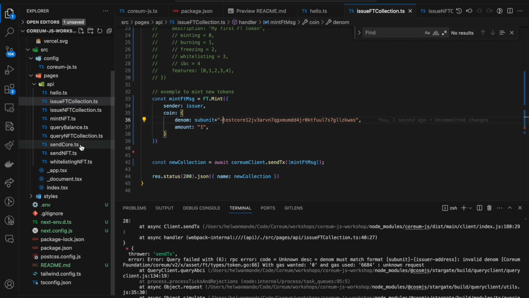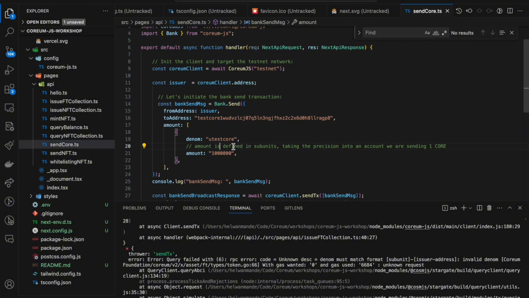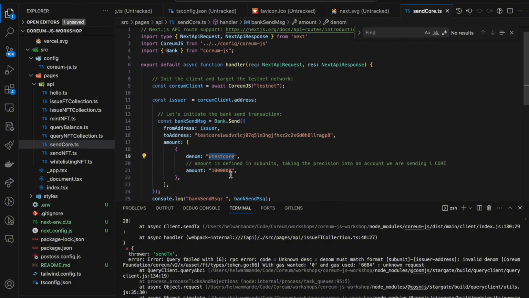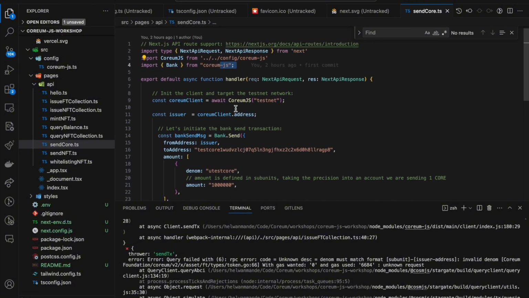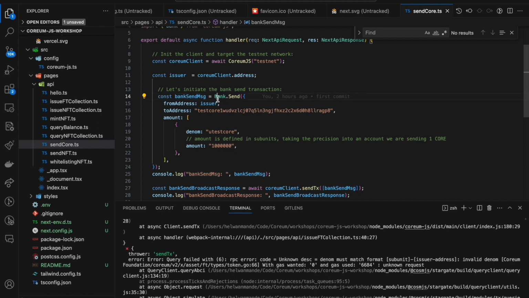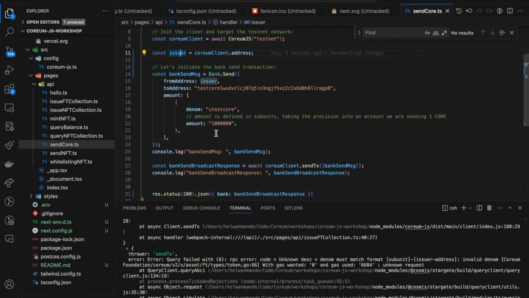Yeah, the last thing I want to show you is how to send core. So we're going to send some utestcore. On the mainnet it's going to be ucore instead of utestcore, but it's exactly the same. So what we're going to do right here is import the bank module from Coreum-JS and create a new bank.send message right here. So from our address, so the issuer, to